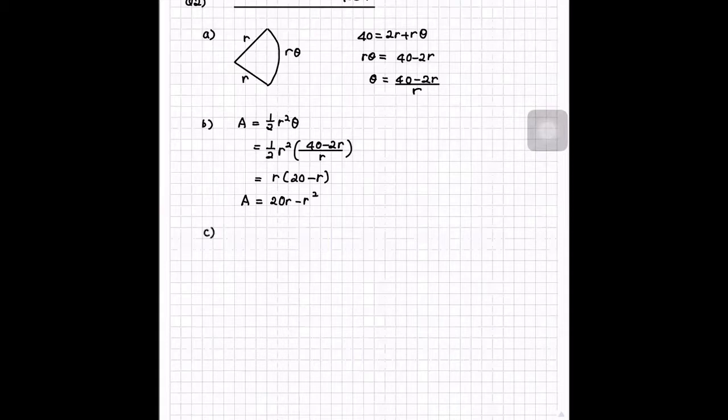And then part C, they said find the value of the R for which there is a stationary value of A. Jason, can you tell me what is the keyword for 2C? What is the keyword? Stationary value. Very good. What is the difference between stationary point and stationary value? Point means the x and y. Value means you just take the y. But the idea is still stationary.